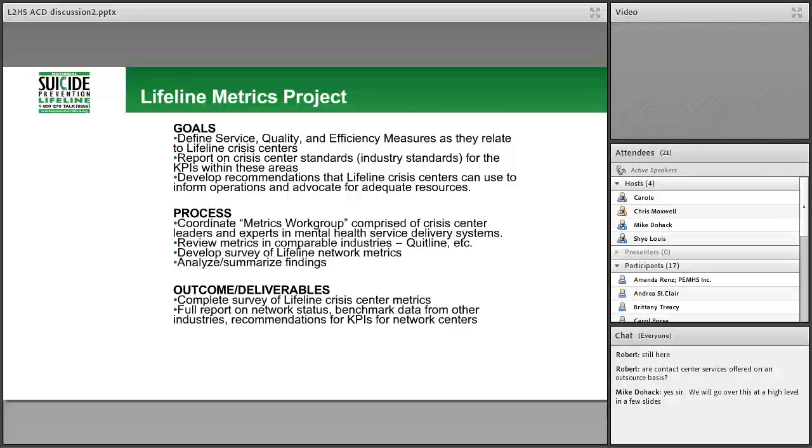So we wanted to tie that all together for you and have you make use of Mike's information to inform decision-making in the future about how these metrics and access to all this rich data might help you as you plan for your contact center. So that's pretty much it, laying out how it ties back to what the Lifeline is working on now. And I know Mike has some more information for you going more in depth.